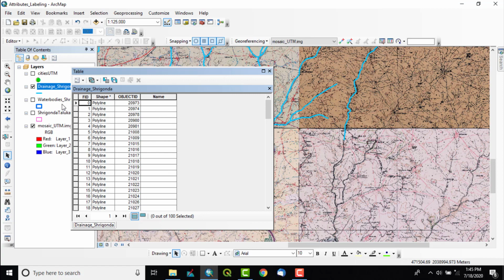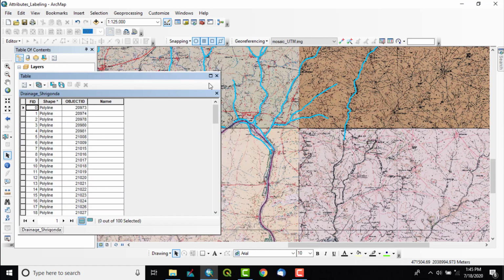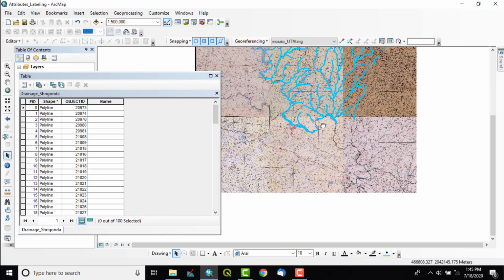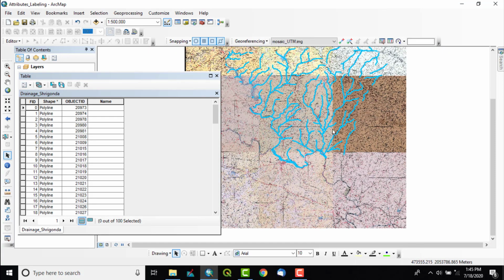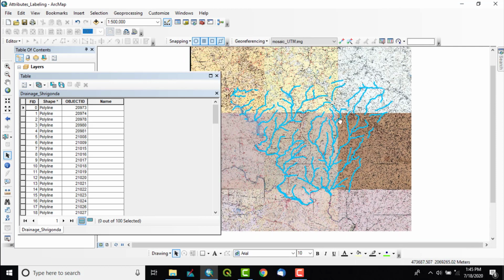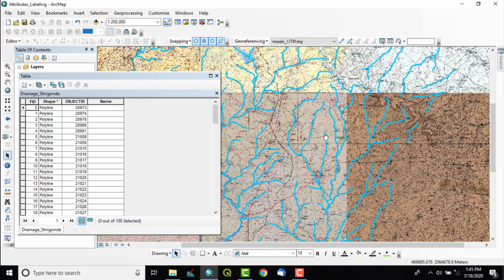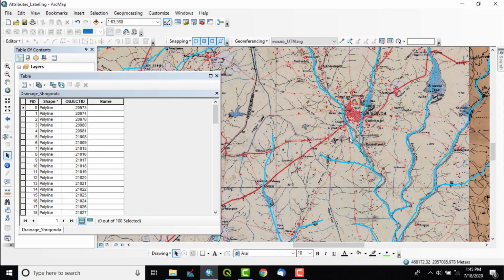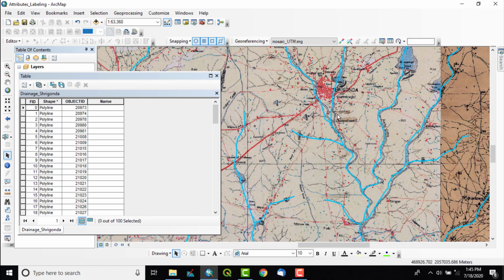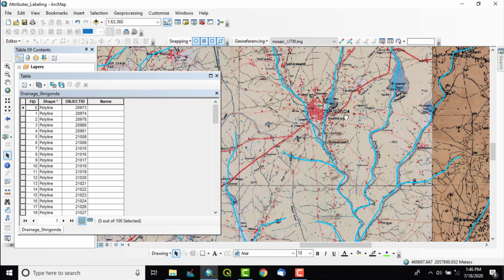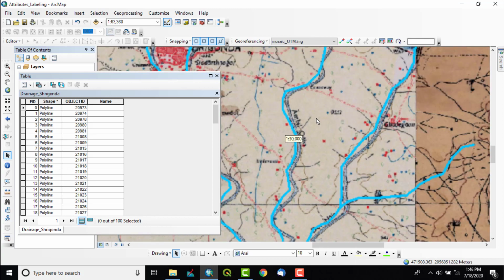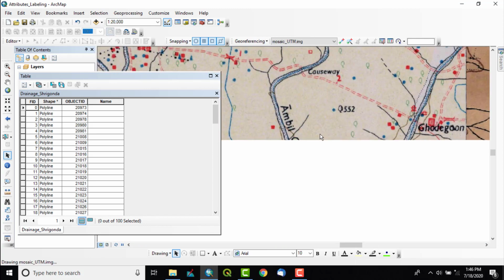Now see, village was an individual entity, and that's why each and every point feature had a name. Here it will not be like that, because each and every line of the river cannot be named differently, because many of them belong to the same river.